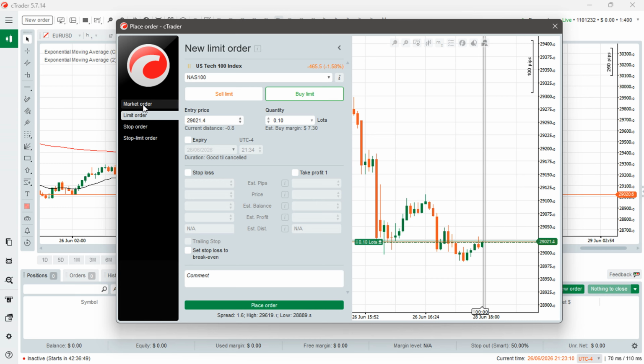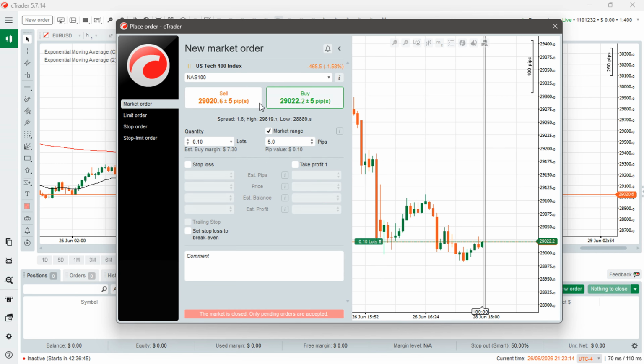If you want to place a market order, you just click on market order. If you want to buy or sell, for example, if you want to buy, you can click sell, you can click buy, and then you can adjust the quantity or the volume. If you want to buy 1 lot, 0.5 lots, 0.1 lot,